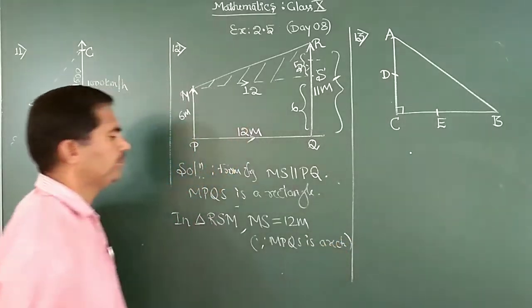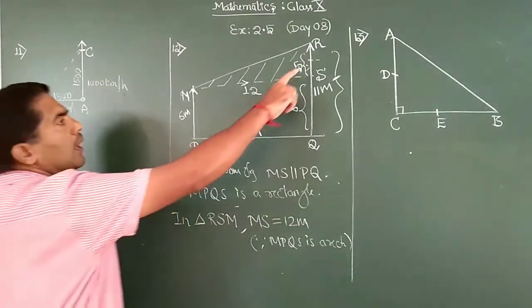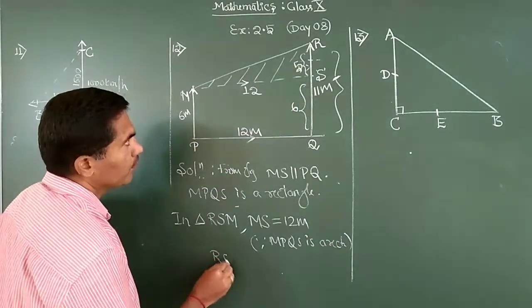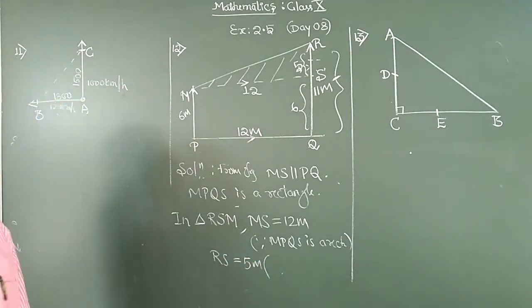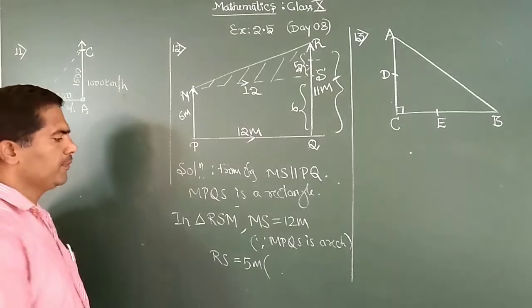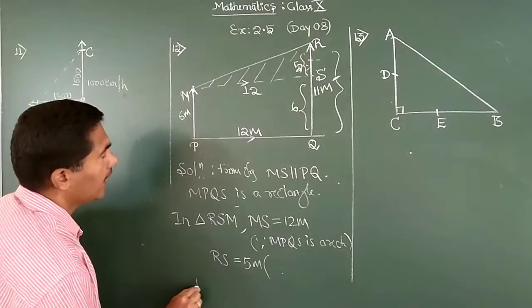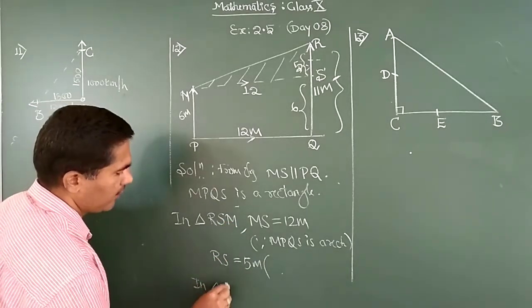Then RS is equal to 5 meters. The reason you write is opposite sides are equal again. Then now in triangle RSM,